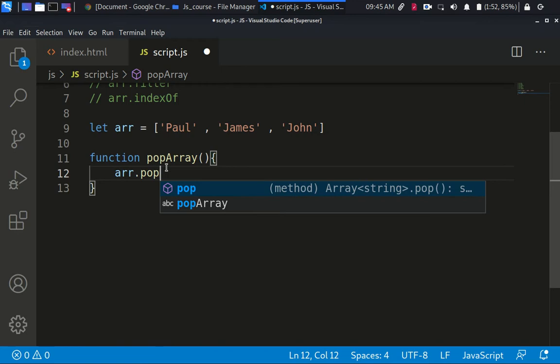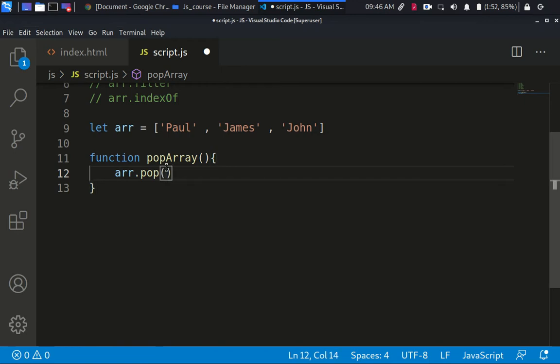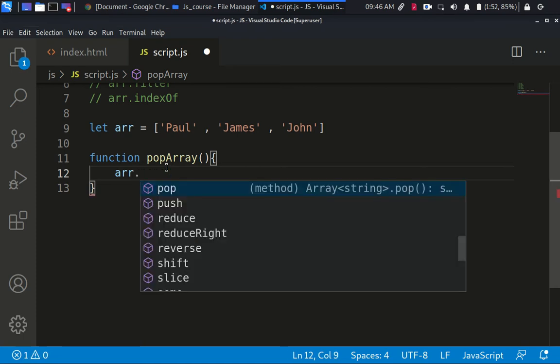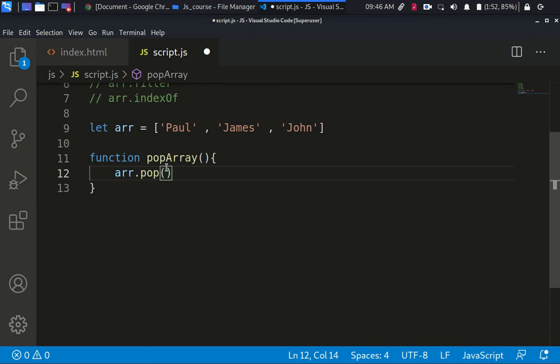So what array dot pop actually does is that it just goes ahead and deletes and pops the array from the end. So it begins to delete them from the end until it is able to finish deleting them. So let's just go ahead and include Gabriel